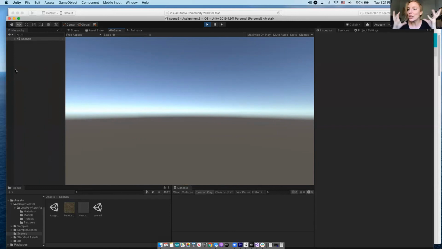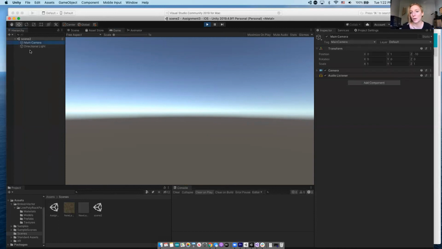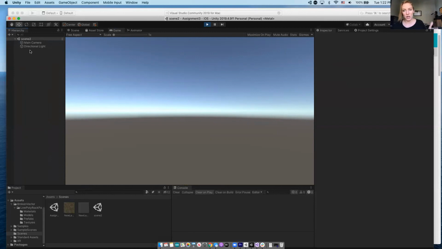Now it doesn't actually move your player, and this is important to note. I am now in a new scene with a new camera, a new environment, new everything. So it's important that you recognize you're not pulling one set of game objects directly into another scene. You're just restarting a whole new scene from the